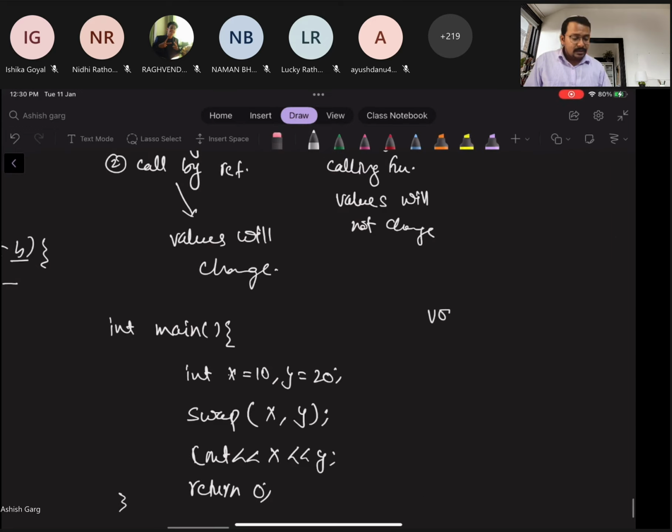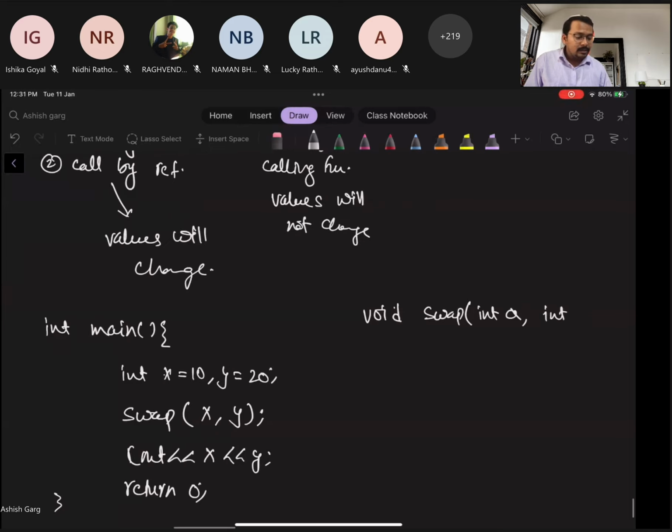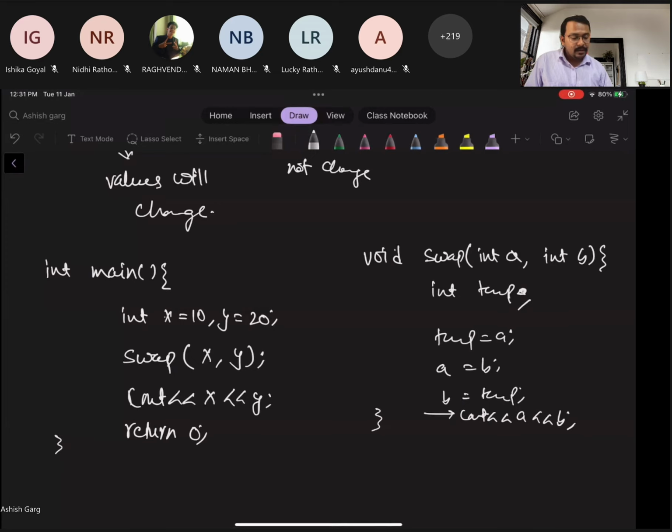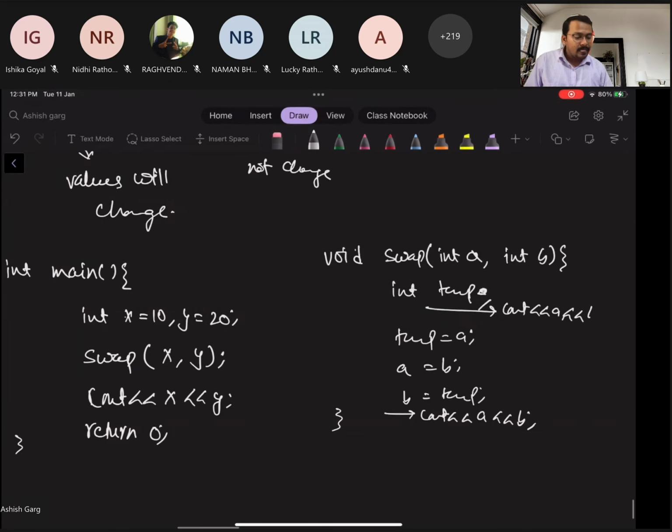And my swap function is like this: integer a, integer b, integer temp, temp is having a, a is having b, and b is having temp. So here if I try to print cout a and b, then what will happen? And if here I will write cout a and b. So see this,